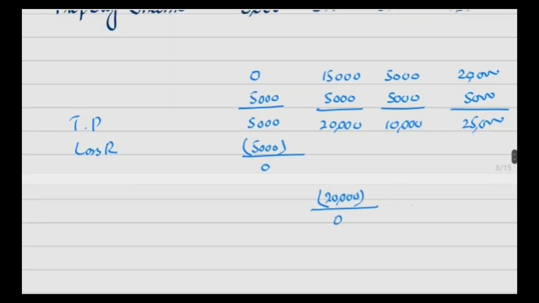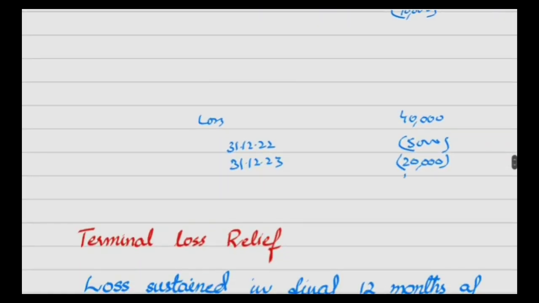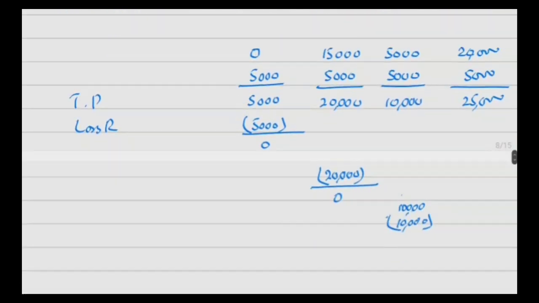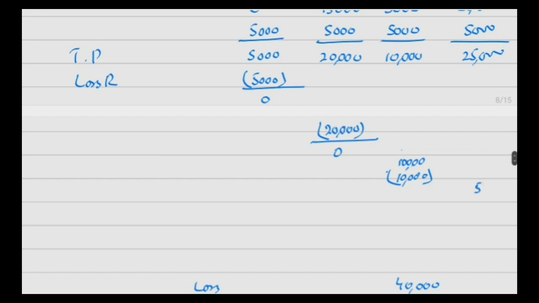Then we have 10,000 of profit available to set off our losses. So we set off this as well. So after this, now we have only 5,000 of loss available to be set off against the year ended 31st December 25. So 5,000 of this will be set off here and remaining 20,000 will be fully taxable total profit,